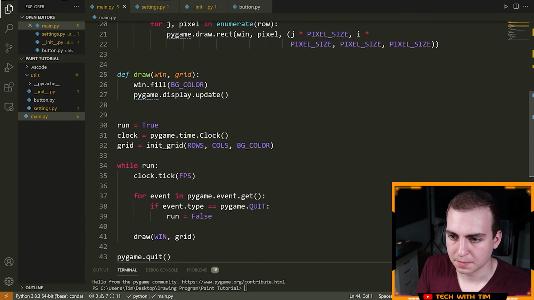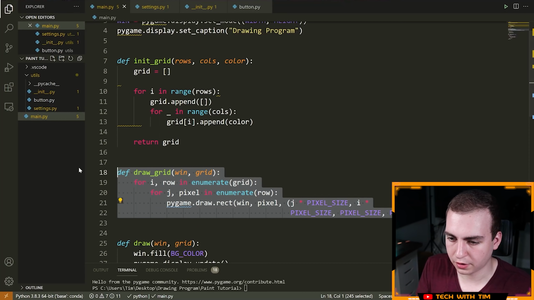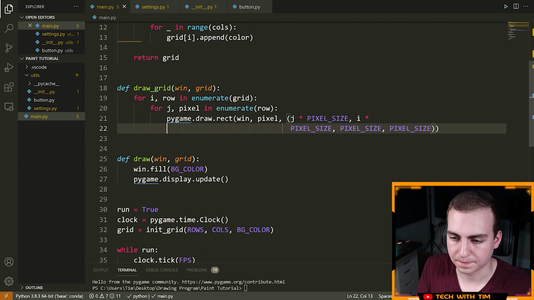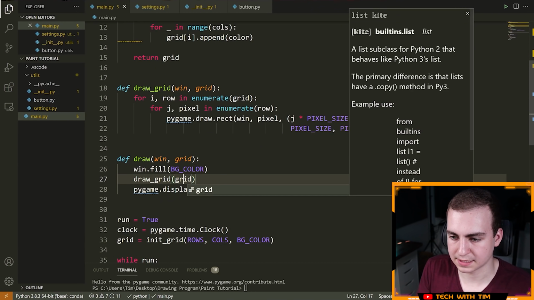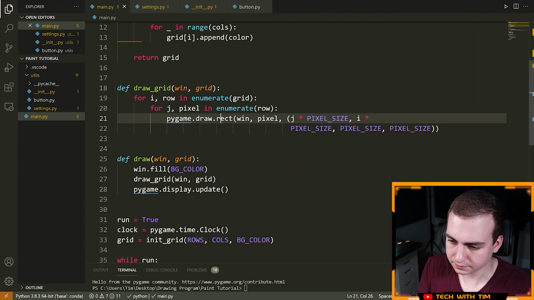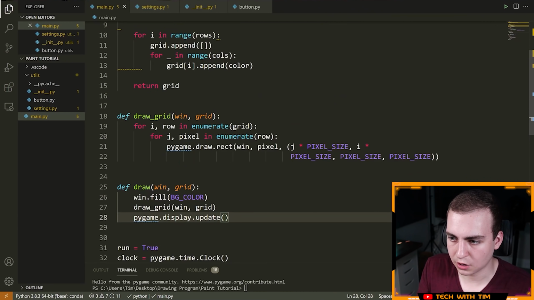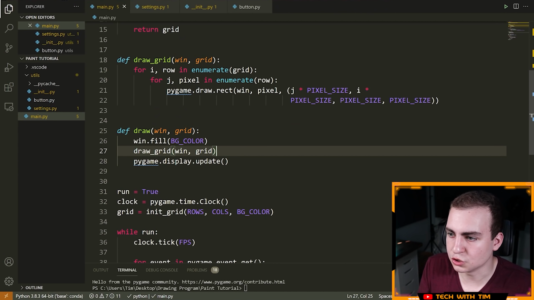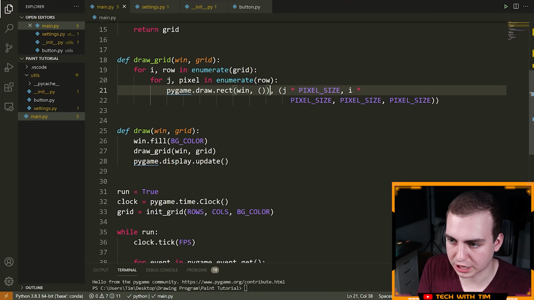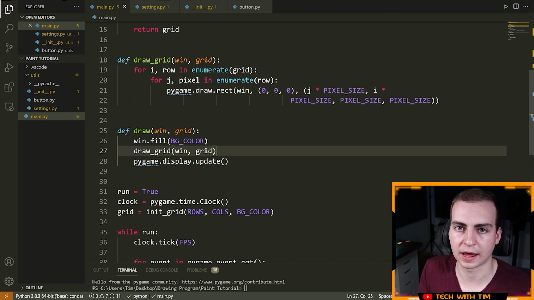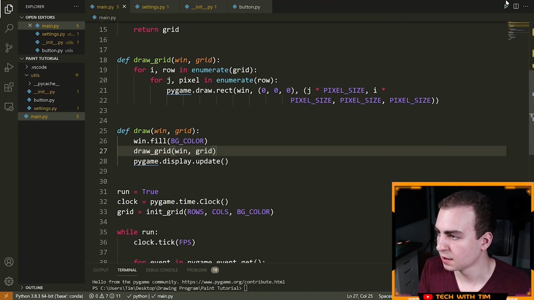Hopefully that makes sense. But now that we've drawn all of these pixels, we can actually call this function. So inside of this draw function, let's now call draw_grid, and let's pass the window, so win, and grid to it. Now, we're actually not going to see anything when we do this, right? Because all of our pixels are the color white, but just temporarily, I'll change them to be a different color. I'll just make them black, just so you can actually see that we're going to have that grid being drawn.